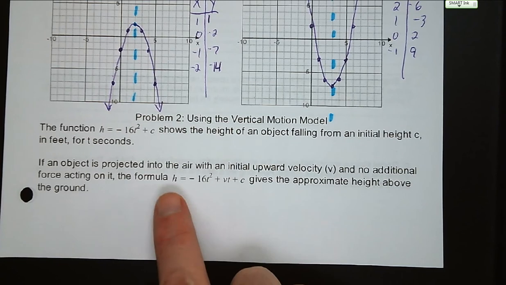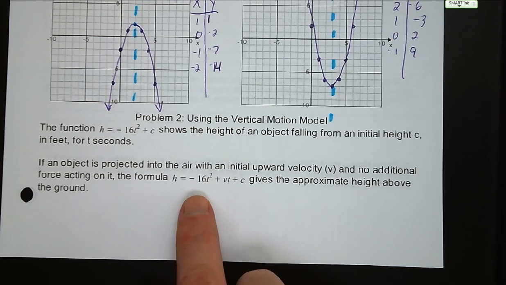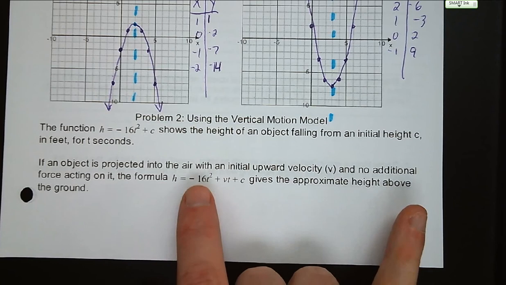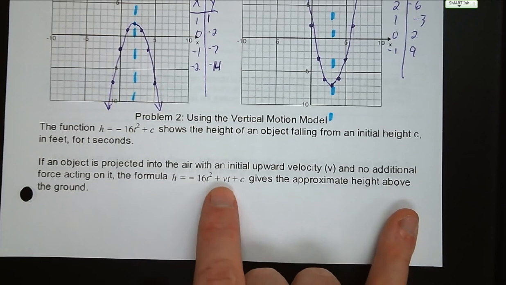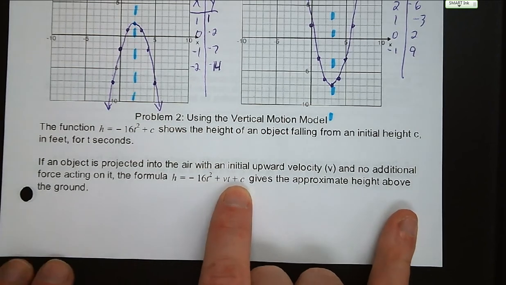This model can be represented as h equals -16t squared plus vt plus c, where -16 is the acceleration due to gravity, v is our initial upward velocity, and c is our initial height. So we're going to use that equation